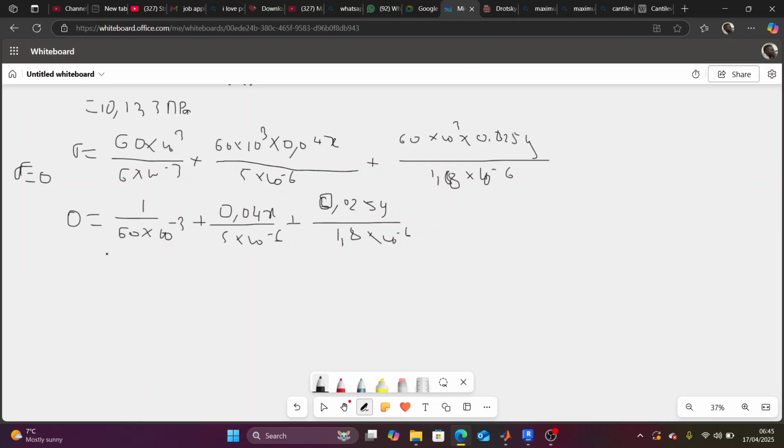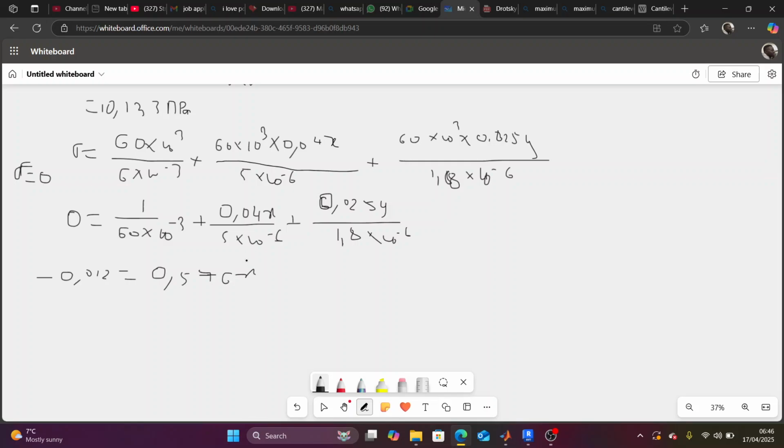I'm just following the answers here. So it means this guy can go on the other side to have the equation of x and y. So we're going to have minus 0.012 to be equal to this one divided by this. It gives you 0.576